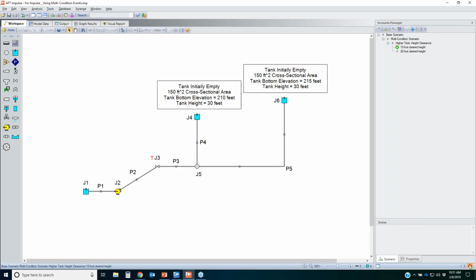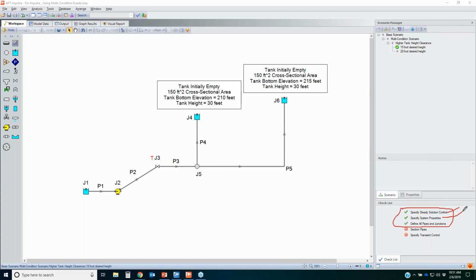Now, if I click on the status light to open up the checklist, what we see here is the first three green check marks are completed: my solution control, my fluid properties, and the input for my pipes and junctions. So before I do my Waterhammer analysis, it is a good idea to go to the analysis menu, and for transient simulation or time simulation, just set that to steady state. So if I run this,